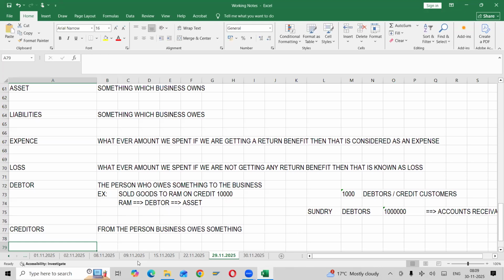What does it mean that the business owes him? Who is a creditor? The one to whom the business owes, meaning we need to pay. The person whom we need to pay is known as a creditor. Clear? So for example,